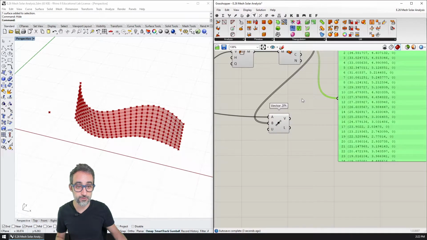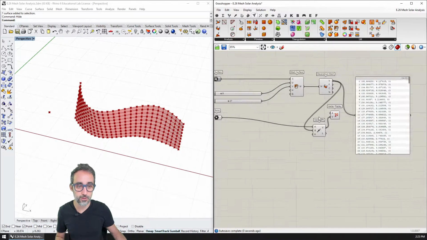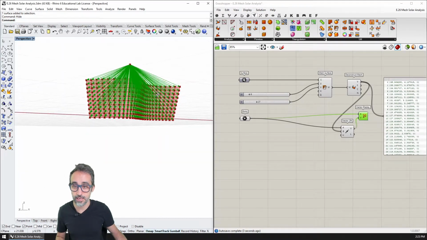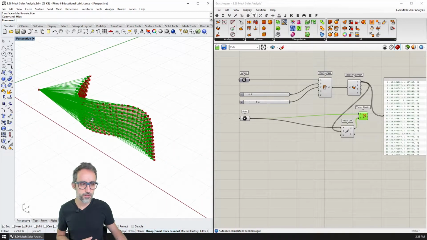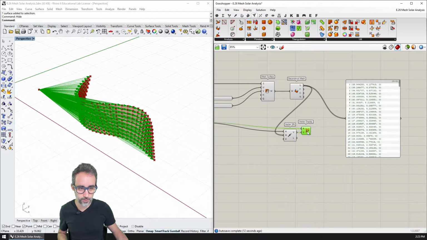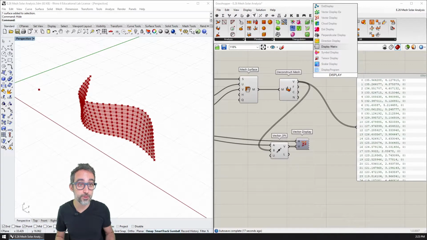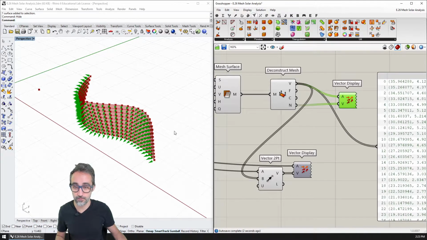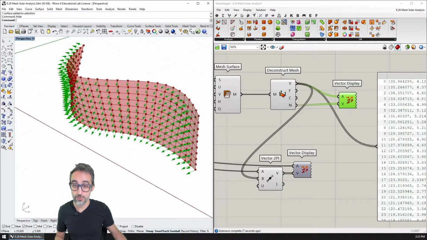And now, just for the sake of visual reference, I'm going to display all these vectors anchored in the sun. As I do that, you can see that I have all these vectors here. The other thing that I may want to visualize, I'm going to hide this, is the normals to the vertices, which I can do by visualizing the normals, which are here, and the vertices that are here. So you can see that I have all these normals here. Right, so that looks great to me.